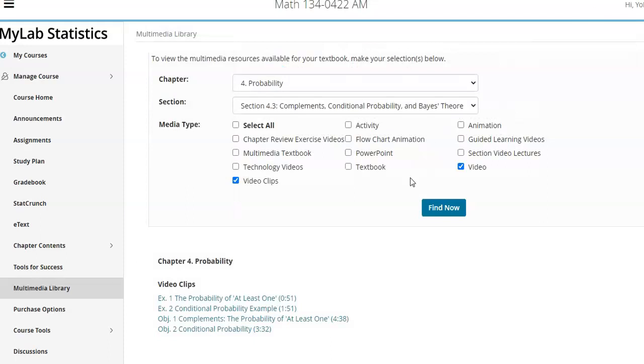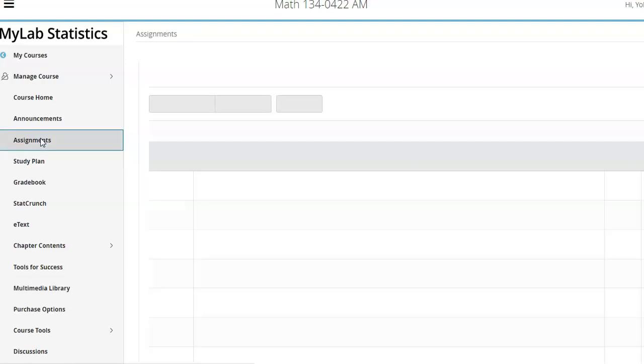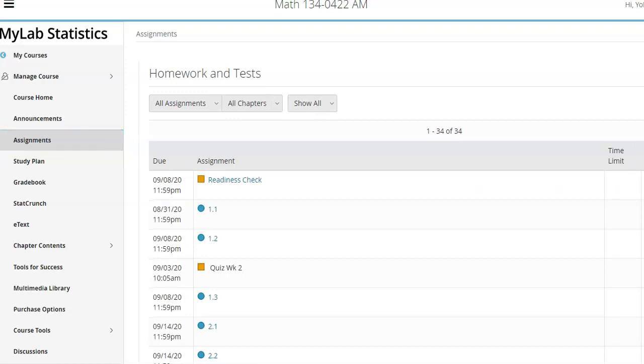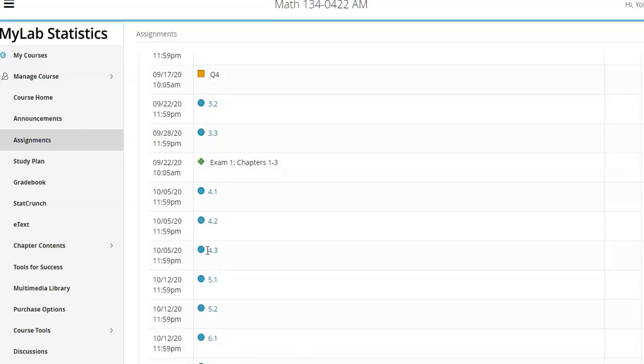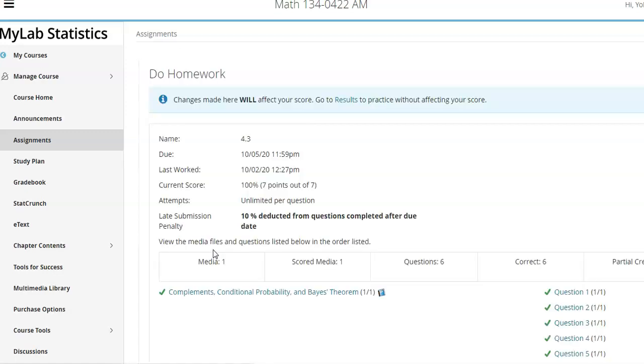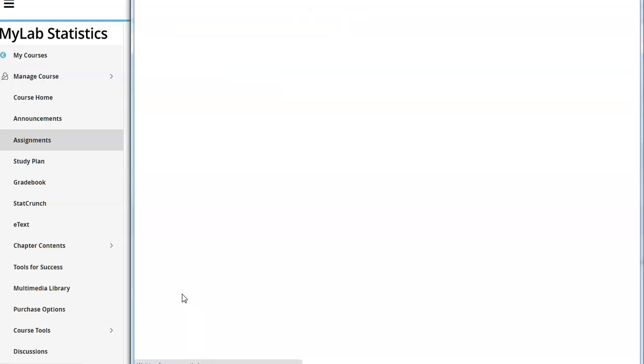I wanted to show you another way that you can get to the same information, and that is if you go into the homework under assignments. In my assignments, I have assigned the first thing as a textbook segment. This is the homework for 4.3. And as with all of the sections, the first thing that you're expected to do is to read the textbook. So when I pull up this textbook portion,